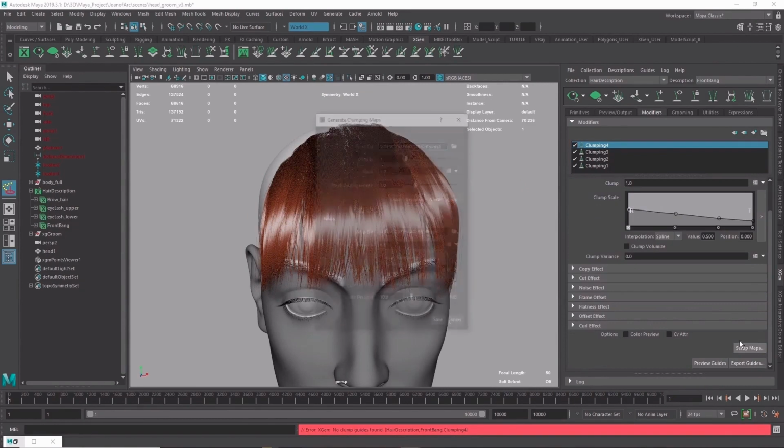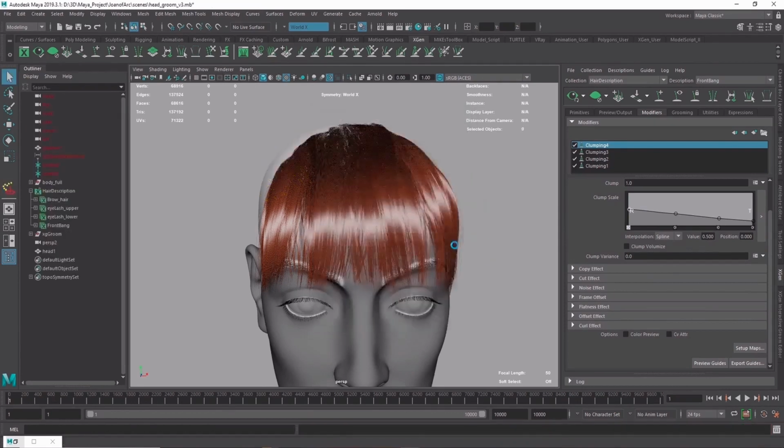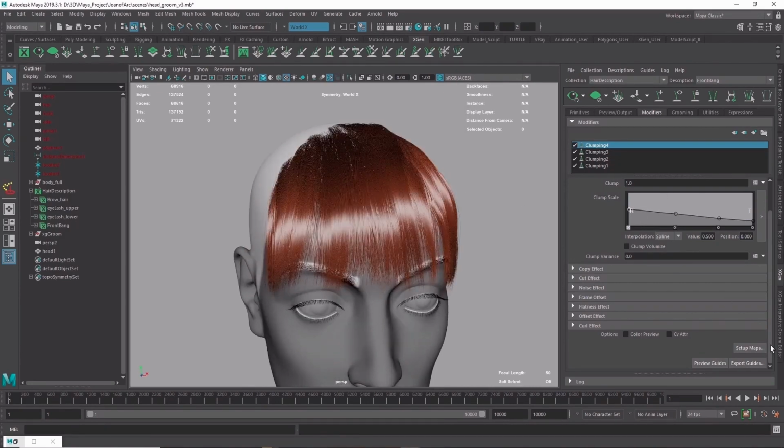Another one, and this one can be like 8. These numbers are totally random, but I'm trying to make larger clumps to smaller ones, so